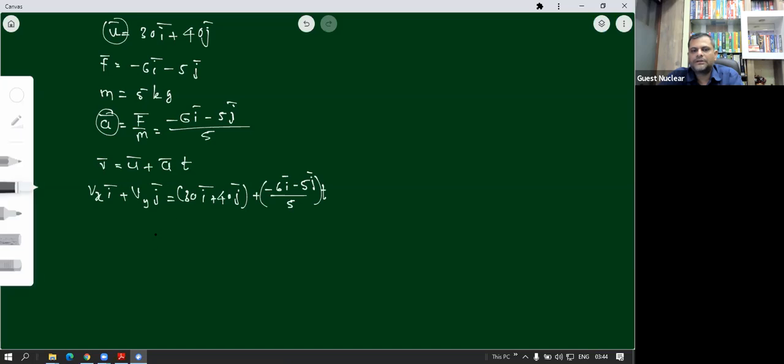Yes, see how we can do that. So basically Vx I bar plus Vy J bar, kept as it is, plus here it is 30 I bar plus 40 J bar separated, and this minus sign, this 5 can be distributed for both of the terms here in this side, so we get this minus of, ये t को भी distribute करो, तो minus of 6 upon 5 into t into I bar, and here it is minus of 5 upon 5 t into j bar. ये स्टेप समझा क्या सबको? ठीक से चेक करो एक बार।